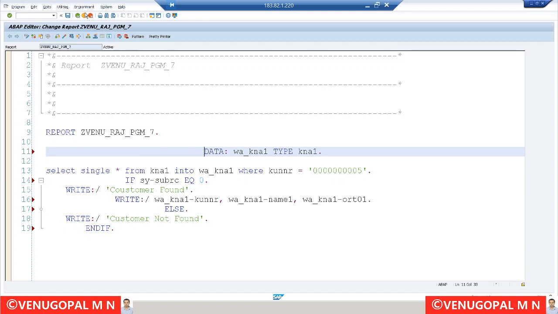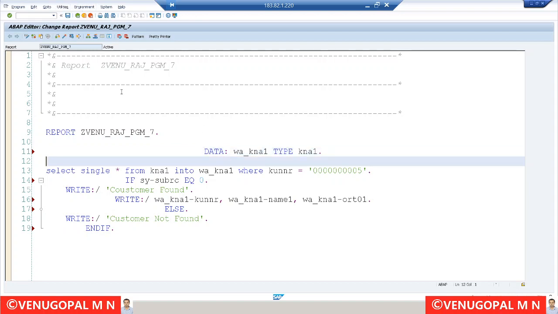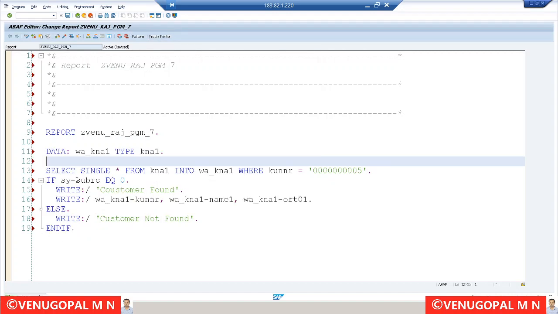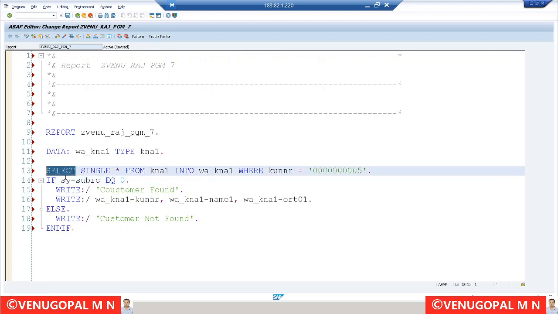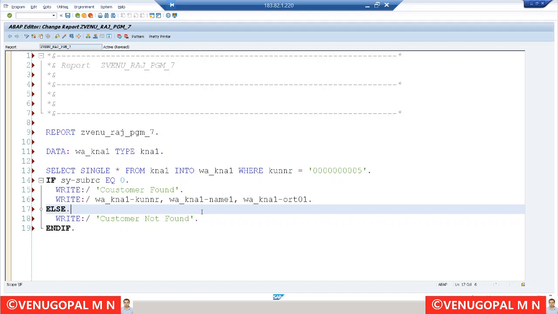If indentation is already enabled, all you have to do is go into the edit mode of your program and click on Pretty Printer. Automatically the code will be aligned. Also, in our case we have enabled SAP keywords as uppercase, so you can see all the SAP keywords are in uppercase and everything else in lowercase. Like this, you can make your program look very simple and properly aligned by using the Pretty Printer option.